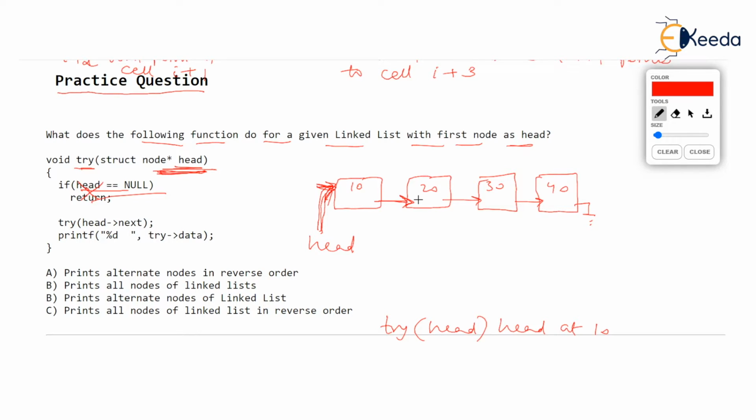So here is the recursive call, try head arrow next. So try gets called recursively. Try is called with head parameter. Again, the parameter is still head, isn't it? The function is having the parameter as head. But what the parameter is going to receive is address of 20. So the parameter head now is at 20.